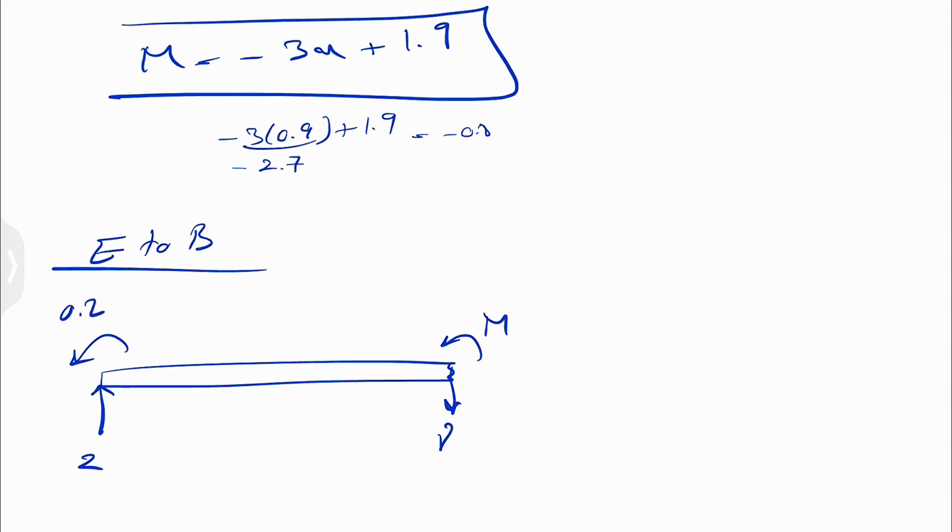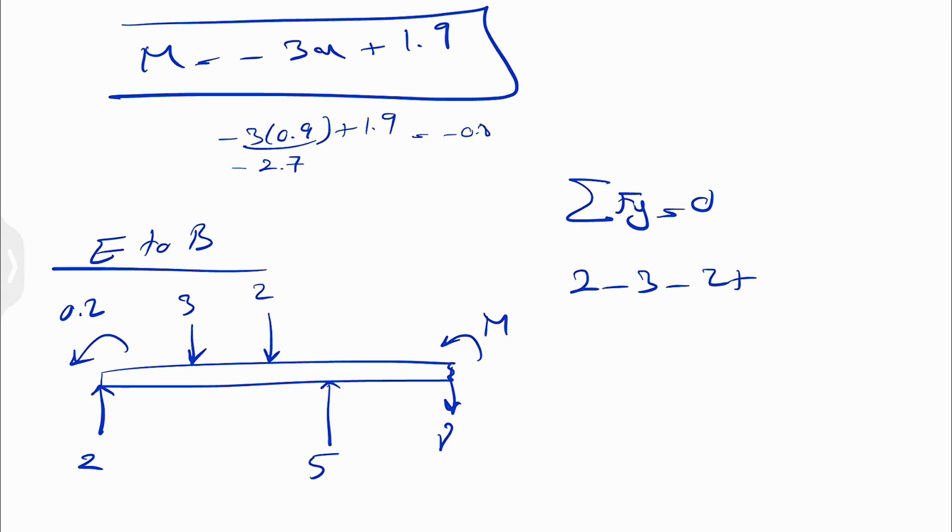And we have to show all the forces, 3, 2, and this force, we can show it like that, which was the 5, and we are right before that 2 kilonewton on the other end. So same idea, sum of all forces in y equals 0: 2, negative 3, negative 2, plus 5, negative v is equal to 0. Our v will be